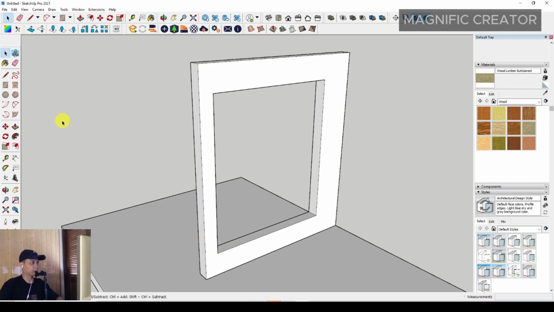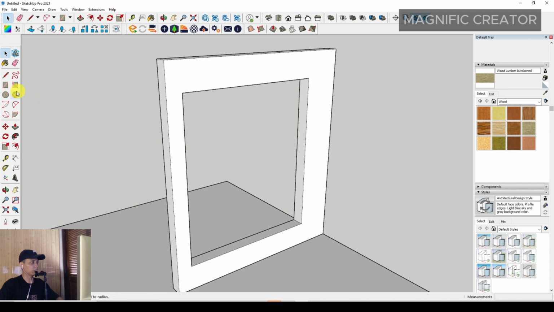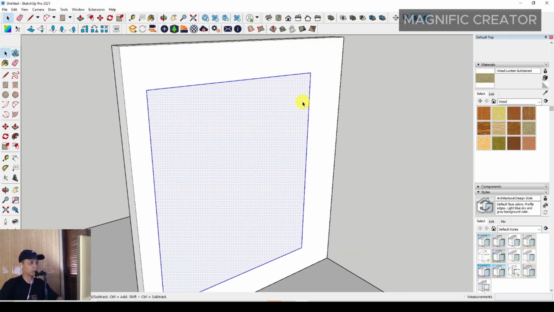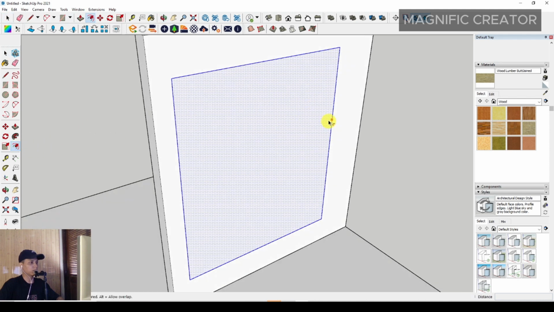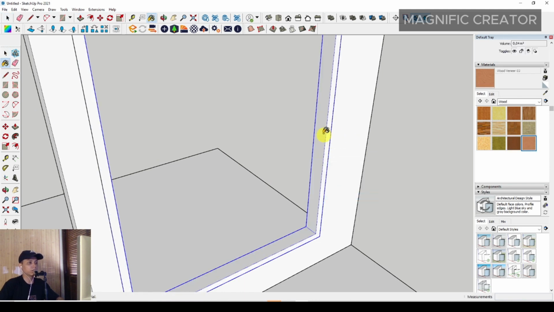Okay, and then you have to make a partition frame inside the wall. You make the partition frame with a rectangle, and then you set it inside around 50 millimeter, right? And then you erase it, and push it to the back around 120 millimeter. Then you make it a group,